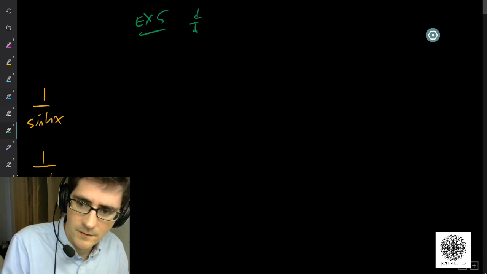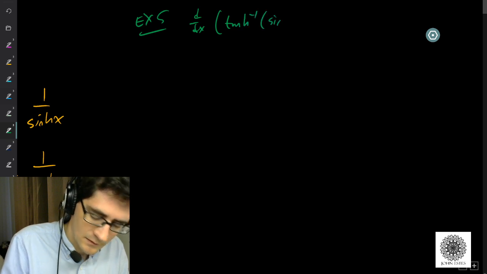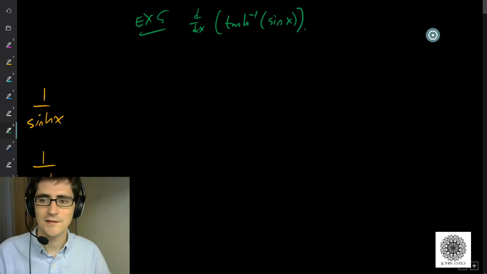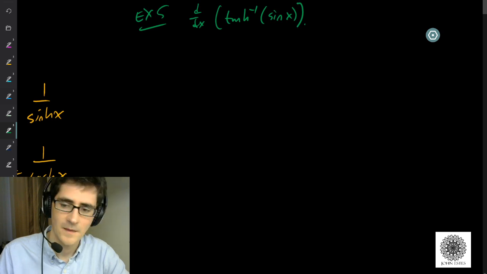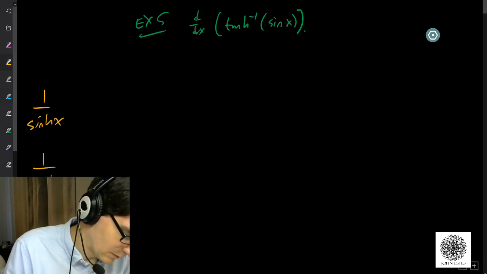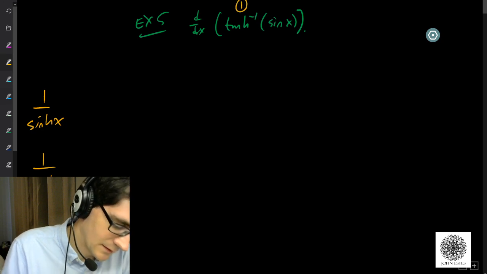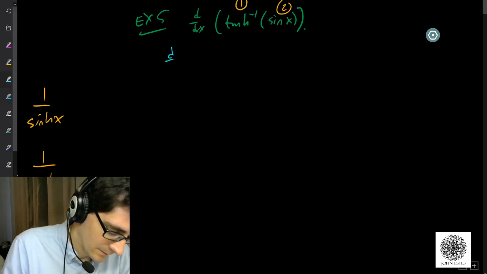I want to take the derivative of tanh inverse of sine x. So I'm putting sine x into the tanh inverse function. We're having to use the chain rule here. Recognize that the outside is the inverse tanh, the inside is the sine. So when I take the derivative,